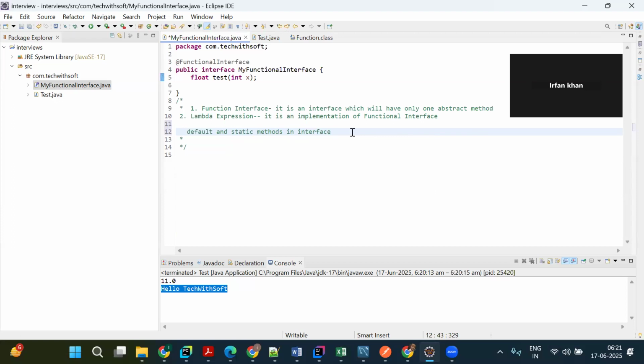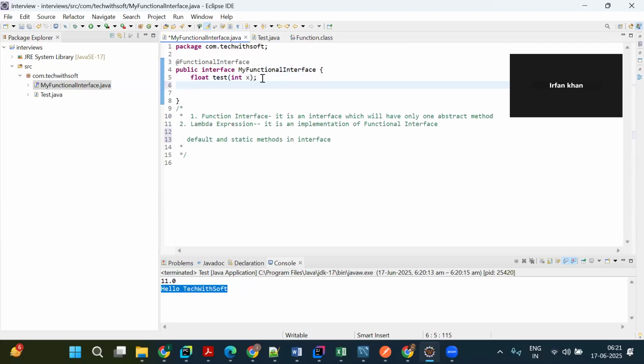Okay. So in an interface, I can write default and static methods. Whenever we are making a functional interface, it has only one abstract method, but along with the abstract method, we may write default and static methods as well. So let me write here